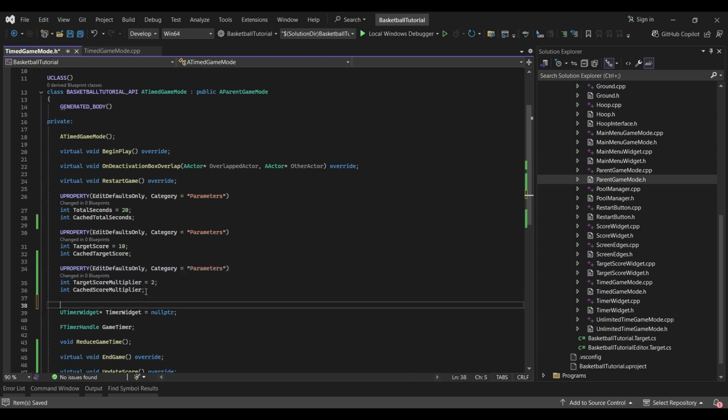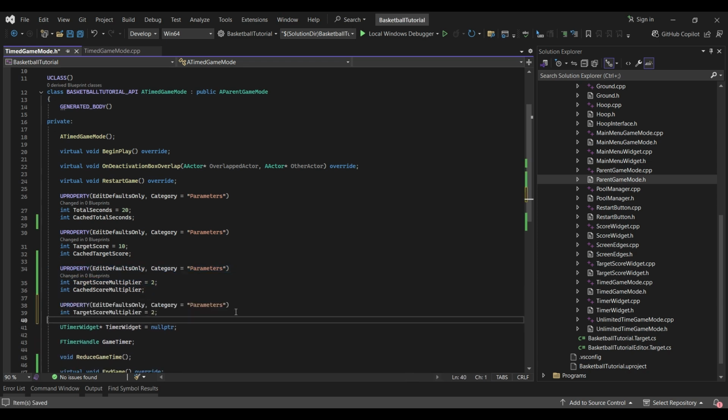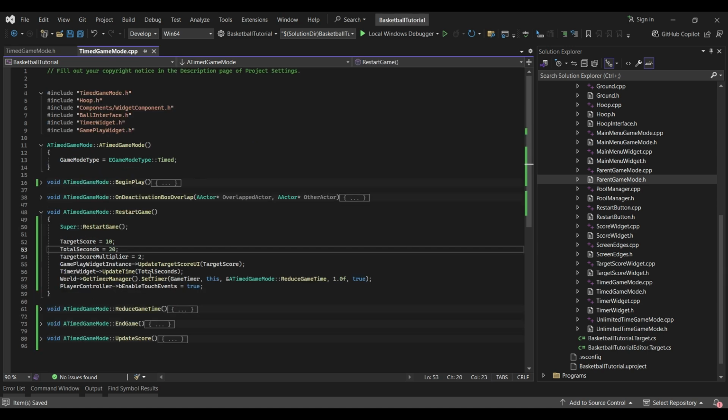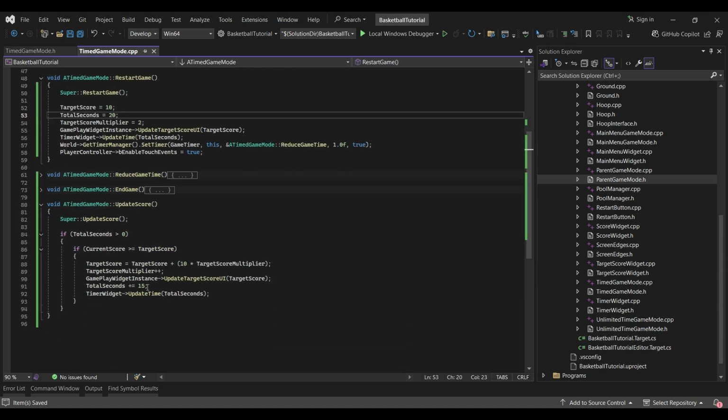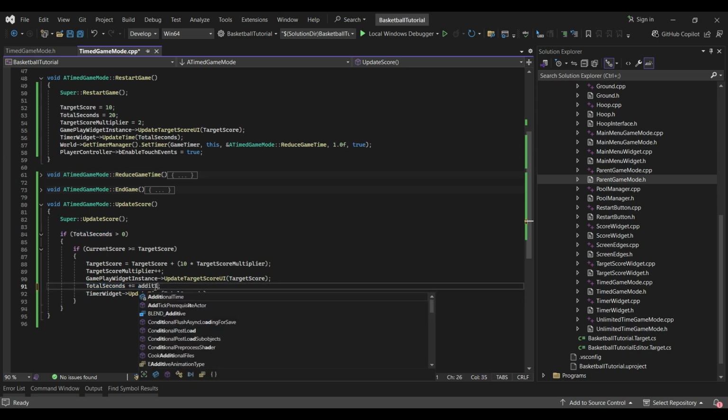Also, I want to create a new integer and expose it to blueprints. Let's call it additional time, equal 15. Okay, so here in the update score, when we are updating the seconds, let's add additional time here